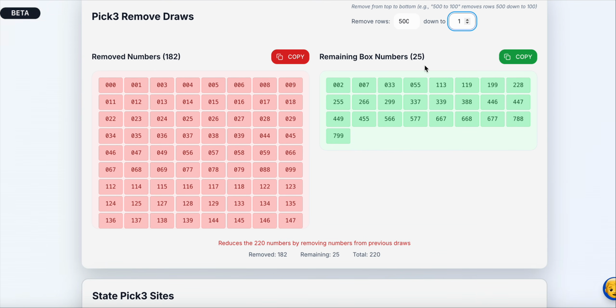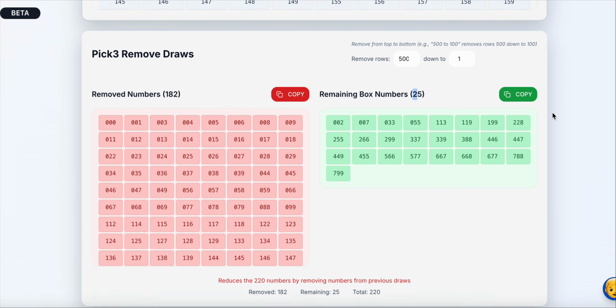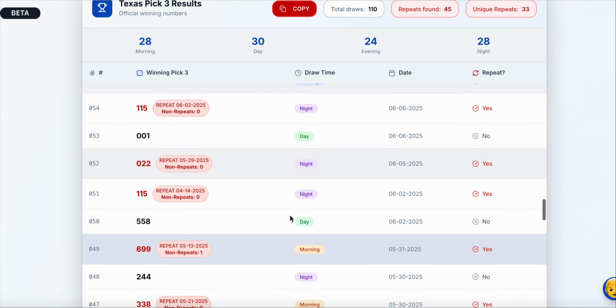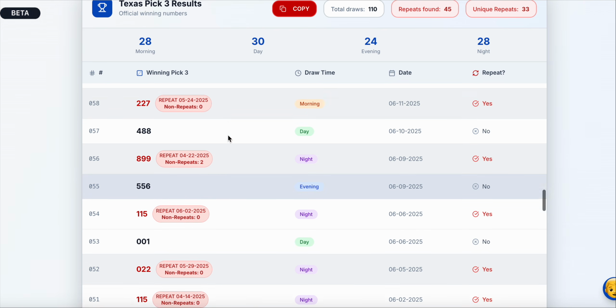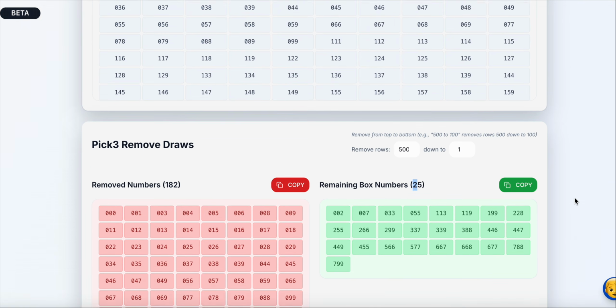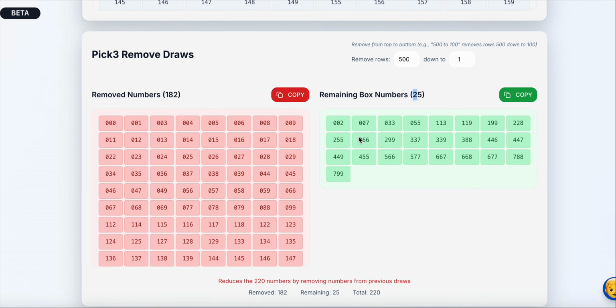Look what you have. 25 numbers. Oh, yeah. I'm telling you right now, you hit one of these black here, right? That's what it is. You're guaranteed to win with these. The numbers fluctuate, but they're going to be very, very low. You're working with 25 numbers. Say for example, tomorrow Texas hits with a double, but not a repeat double. It's definitely one of these going to hit and win.